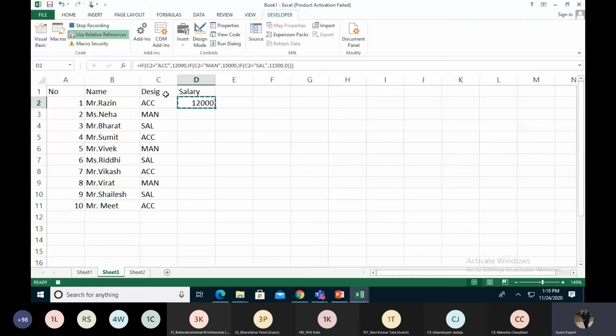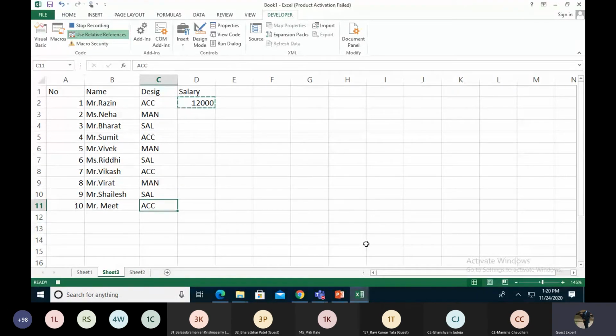I'm not dragging it to the end of the values. When I drag, it is considered as steps. So right now I'm not dragging this 1200, I just copy it, go to the left side, and I have to jump to the end of the values. So I press the Control key and down arrow, and I jump to the last value. This is the 10th value. Then I release my Control key and simply move to the right side.